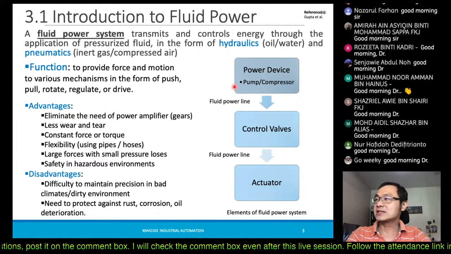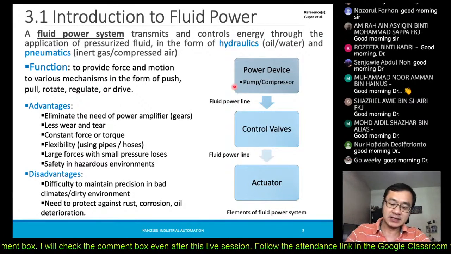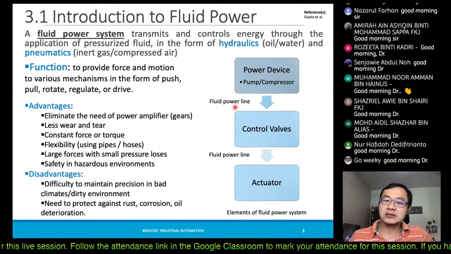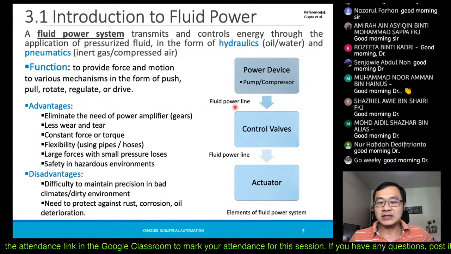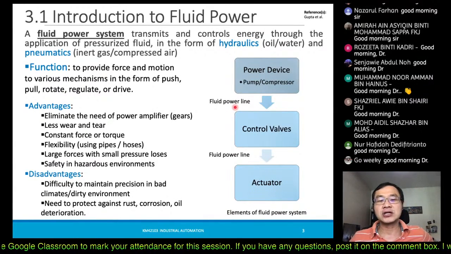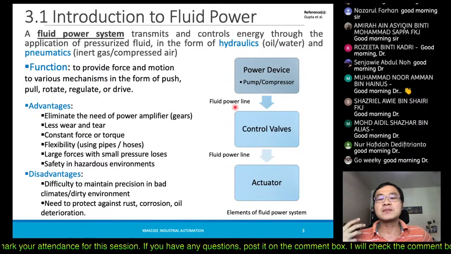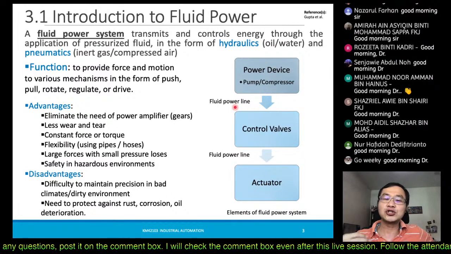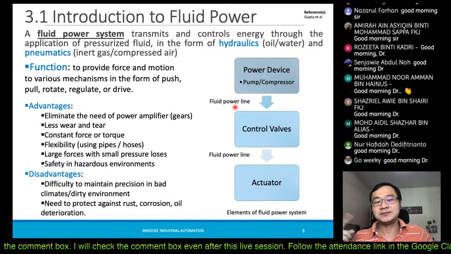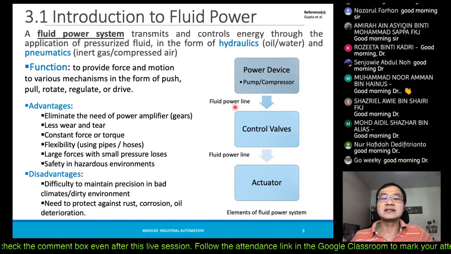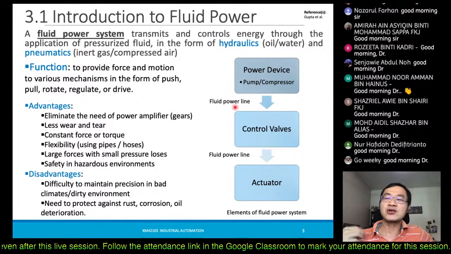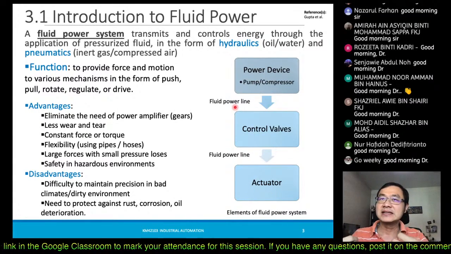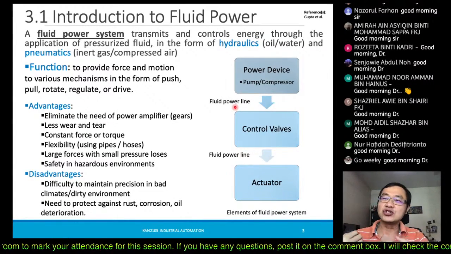The function of these fluid power systems, in general, is to provide force and motions. The main part is the desired force and motions to various mechanisms, and those mechanisms usually are very simple. It could be in the form of push or pull, or rotating at a certain speed, so we could call it regulate or drive. So these are the simple tasks that we usually use in